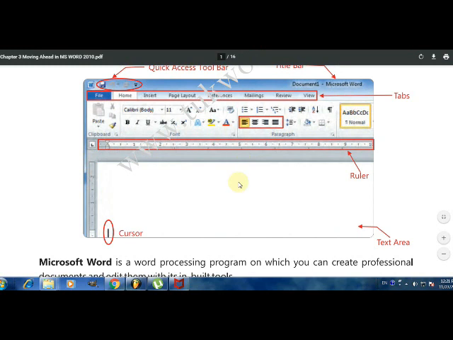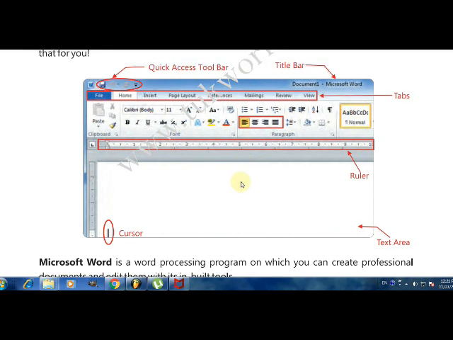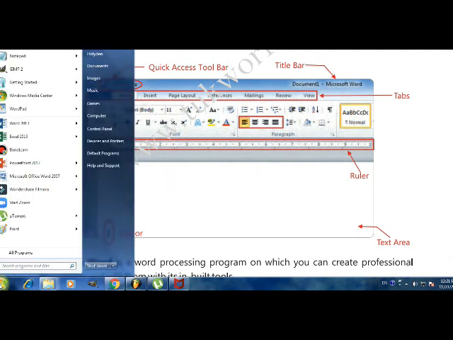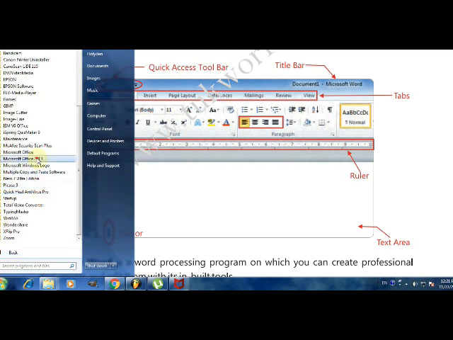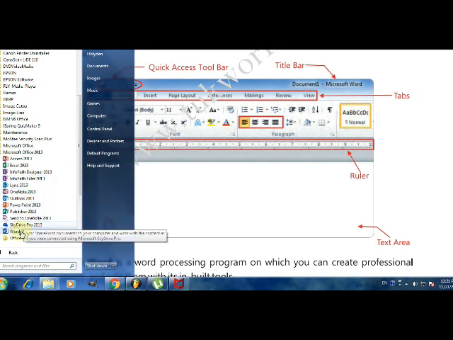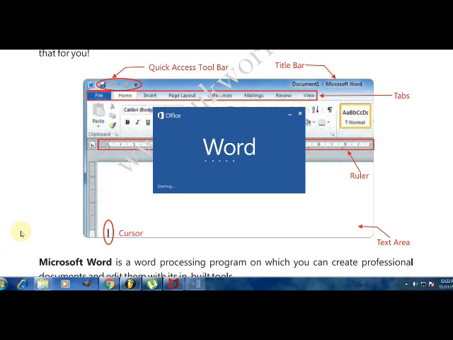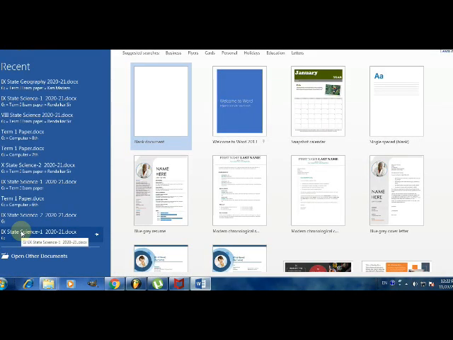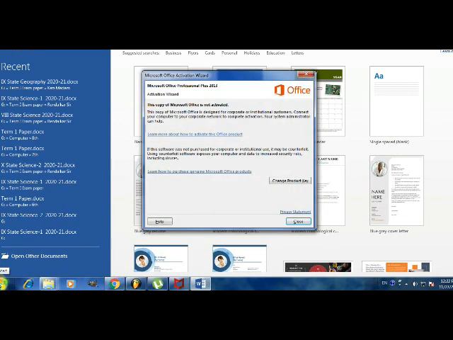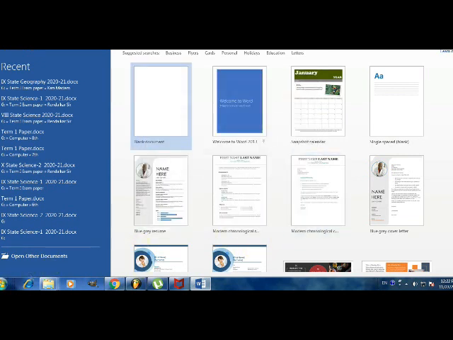Now let's see how to open Microsoft Office Word. First you have to click on the start button, then click on all programs, then go to Microsoft Office 2013, then go to Microsoft Word 2013. So these are the steps to open Microsoft Office Word. To open any application, this step is common. What is that? Click on the start button. Not only for Microsoft Office Word, but to open any application which is installed by the user or operator, the step is common: click on start.